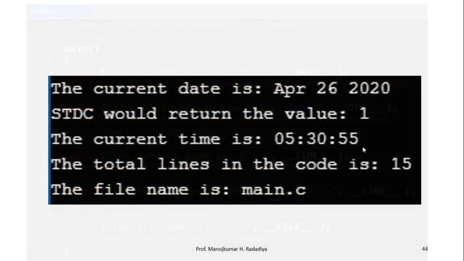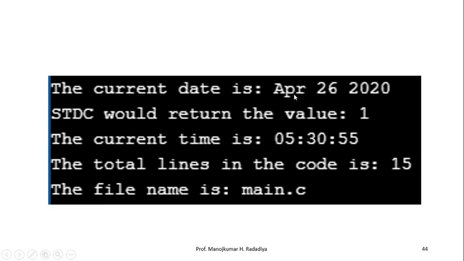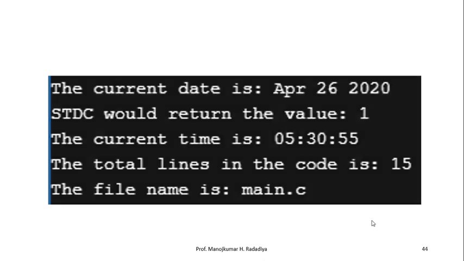So the output is: the current date is April 26, the program compiled successfully so it returns 1, then the current time, then total lines in the code is 15, and then the file name is main.c. So that is the example of the predefined macros that are available in C.